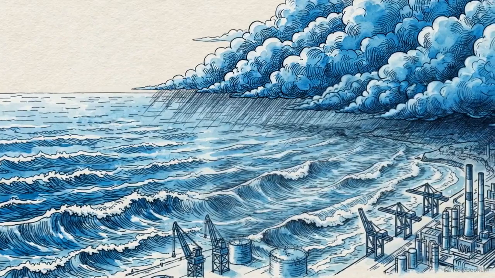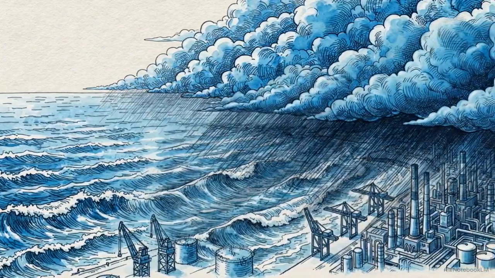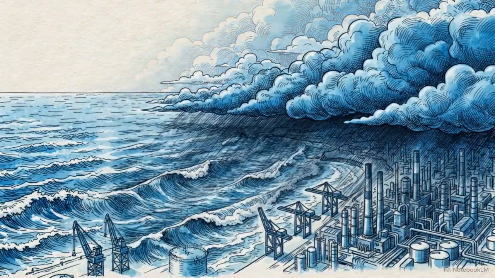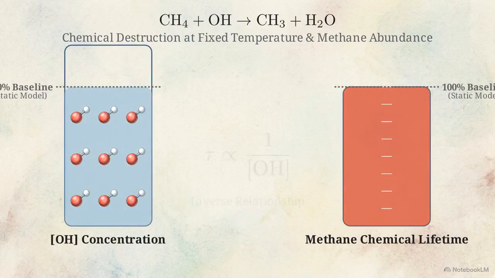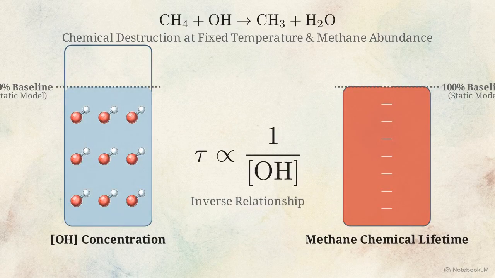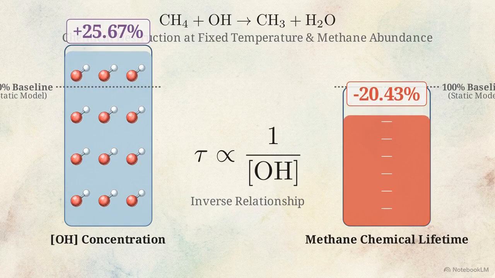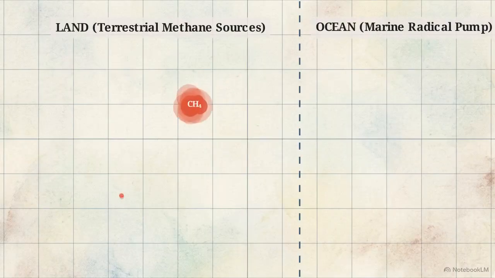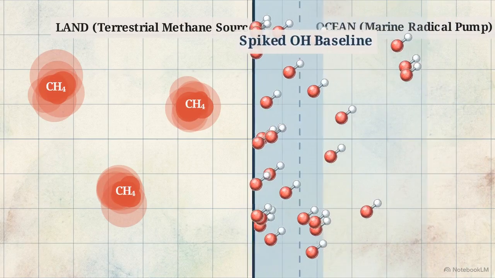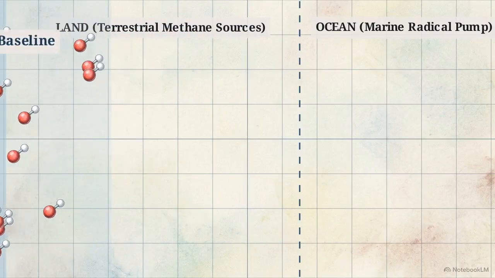When that hyperoxidative air mass moves off the ocean and sweeps over land, the theoretical chemistry collides with real-world meteorology. Because methane lifetime is inversely proportional to OH concentration, a local 25.67% enhancement in hydroxyl yields a 20.43% reduction in the chemical lifetime of methane. As the storm system rolls over coastal infrastructure, agriculture, and fossil fuel production zones, it encounters dense terrestrial methane sources. The spiked OH baseline immediately begins scrubbing the methane out of the sky at a velocity far exceeding standard climatological